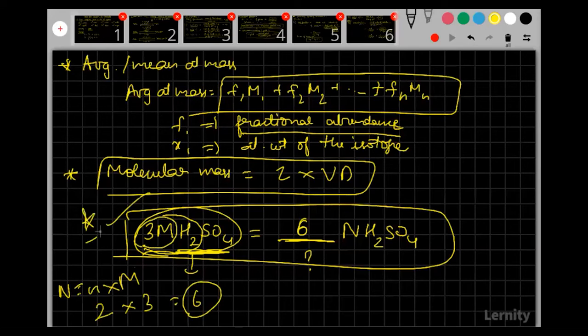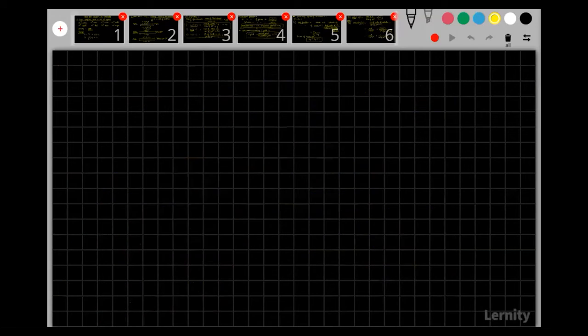This is a very important sort of question, as they prefer to ask these questions based on the oxoacids of phosphorus, like phosphoric acid and phosphorous acid, and what the n-factor is there. So in terms of n-factor, what will be the molarity or the normality? This is a very important sort of question that we'll be having based on this chapter. Okay, now the last slide that we'll be using for formulas, and after that we'll be going for questions.